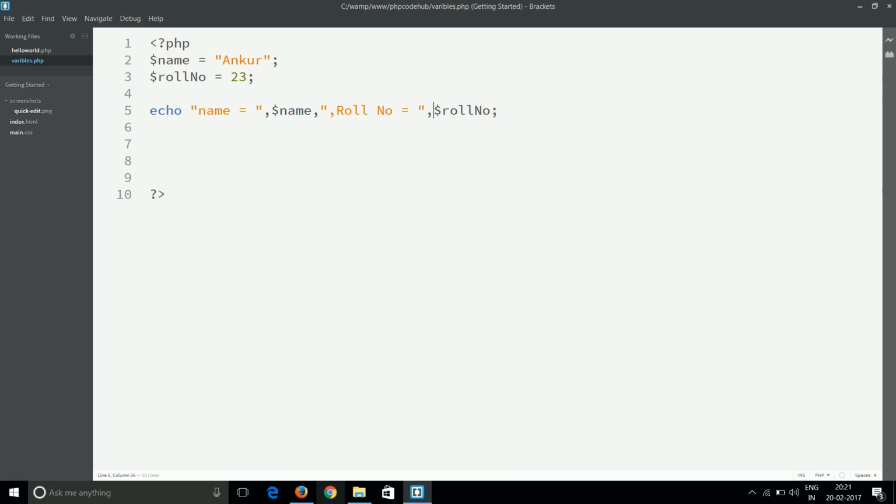Now I would like to tell what is the difference between this comma and dot. Now guys, let us see. First I will create another variable, full name is equal to Ankur dot CodeHub, and we will echo dollar full name.